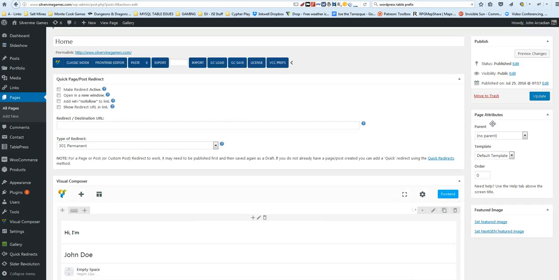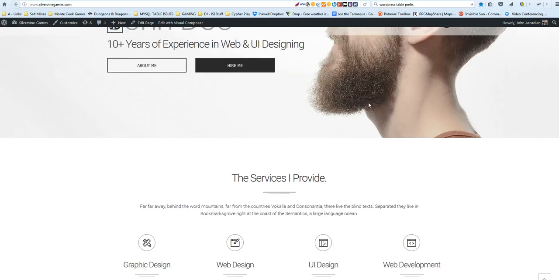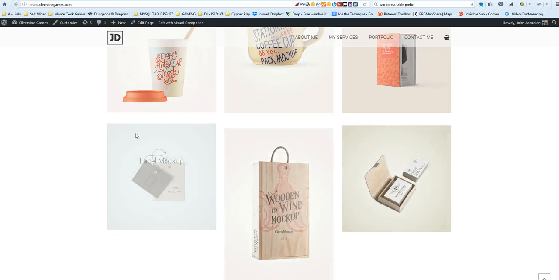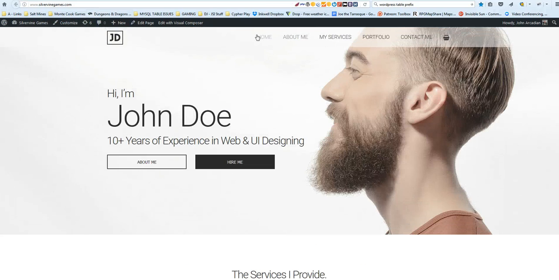Alright, so let's talk about the creation of content. Now, I'm not going to be able to go super in-depth into how to do everything here, but I want to give you an overview of what it takes to make a page that looks somewhat like this in regards to your content. Alright, so this is the front end of the page,